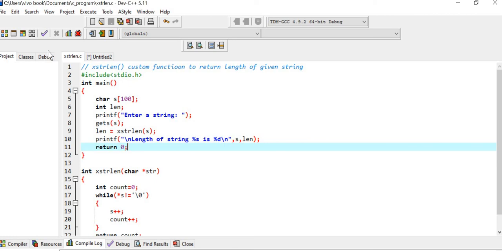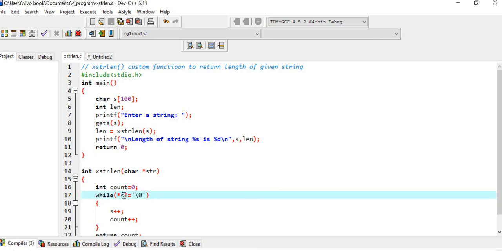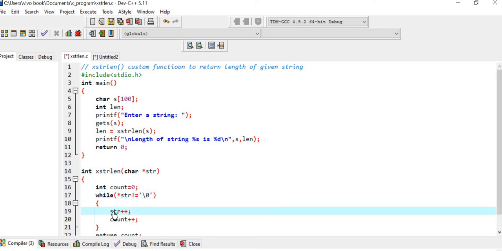Now I hope this code will work. If there is any error, we'll try to debug and solve it. I have declared a string as str, but I am using s here, so make it str. Here again str.